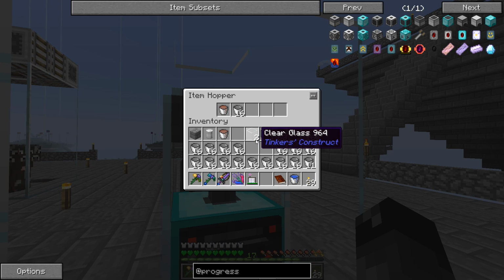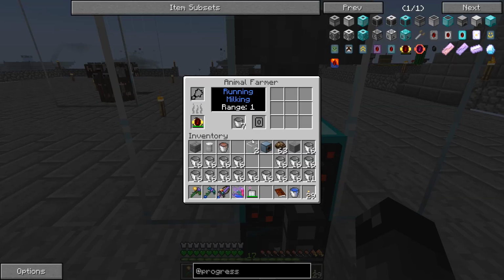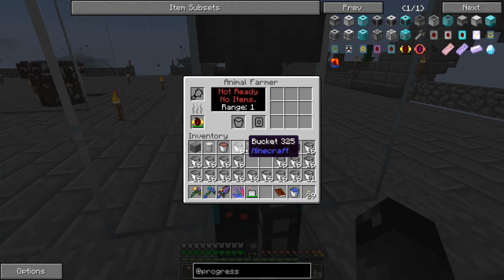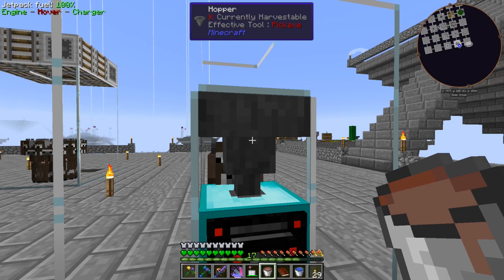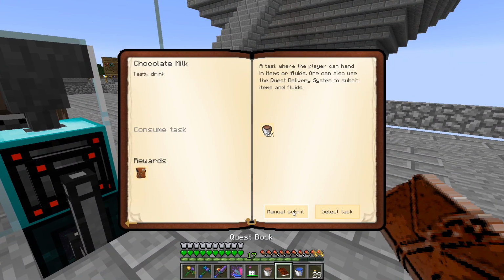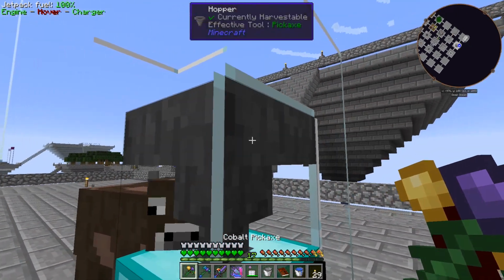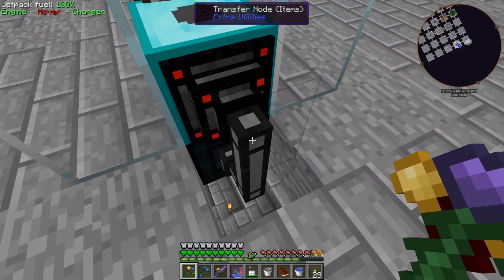Oh, why does it put... Okay, so if the Tesseract's on top... So it's putting the buckets to the top inventory, not the bottom. Okay. So yeah, I'm finding out new stuff about this. Let's take all this out. I guess we'll submit what we have in our inventory just to clean up some space here. Okay, so let's go ahead and get rid of this guy. And if we move the Tesseract to the top...